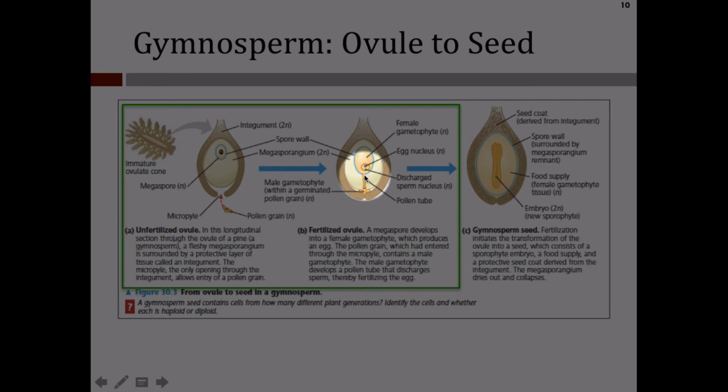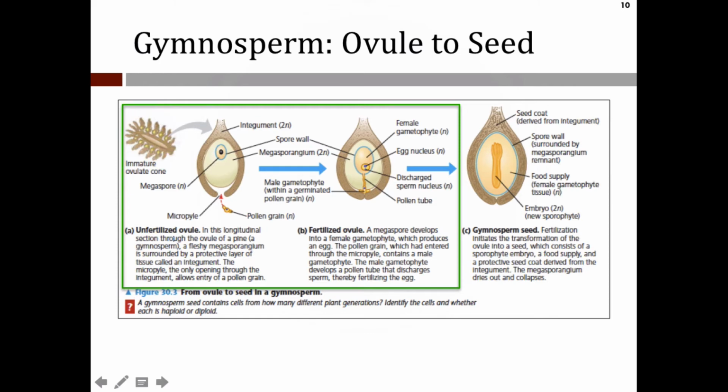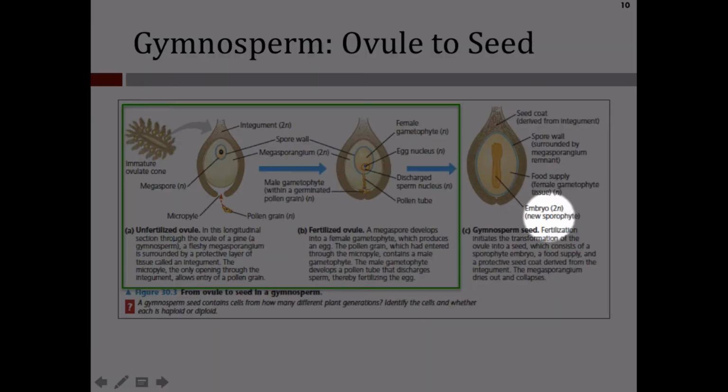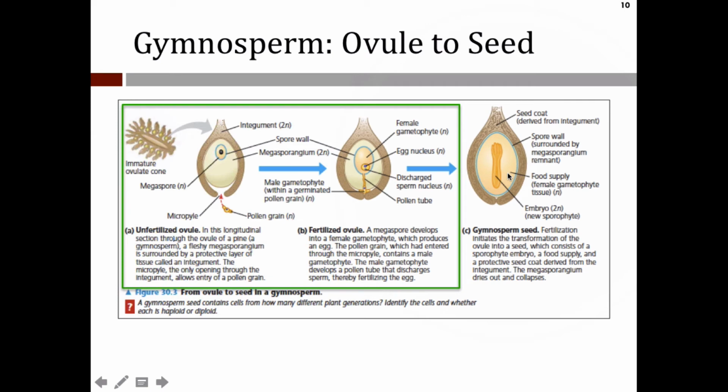As that sperm nucleus is discharged, that egg nucleus and sperm can fuse to create what is called that new embryo, that new sporophyte generation, with everything that should be within a seed. In other words, it fertilizes the egg, and upon fertilization, it transforms that ovule into that seed, with all of those parts I said that a seed contains.